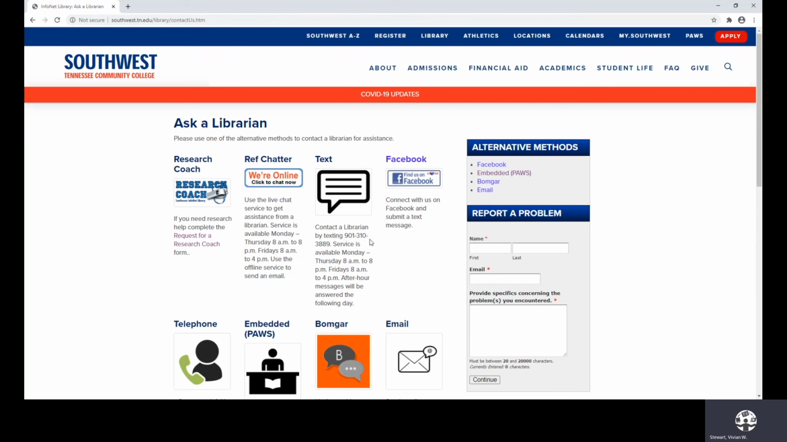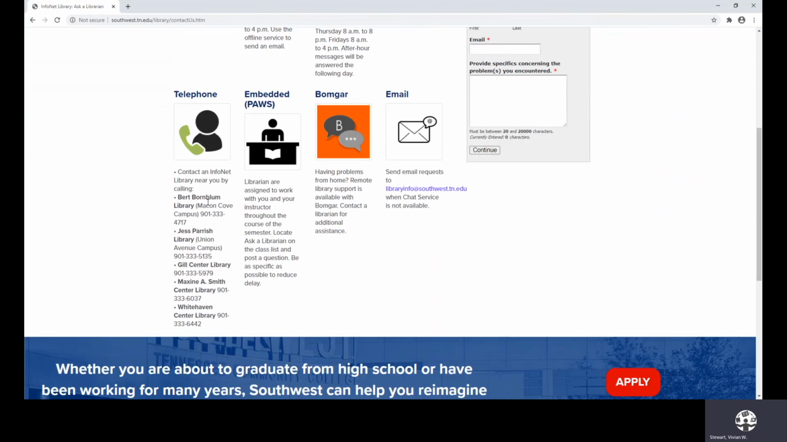You can send us a text message using this number. These are the hours of operation. You can chat with us on our Facebook page. When it comes to giving us a call, if you call these numbers and leave a message, someone will contact you and we will answer your questions. Inside of each course, there is a librarian that is embedded. So if you simply go to your class, look up under the class roster, you'll see an option for Ask a Librarian. Simply ask us questions there and we will respond back to you,